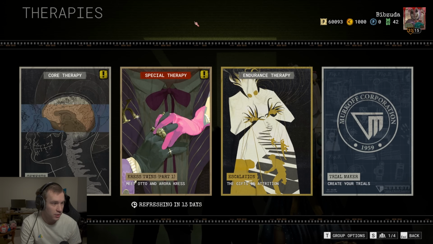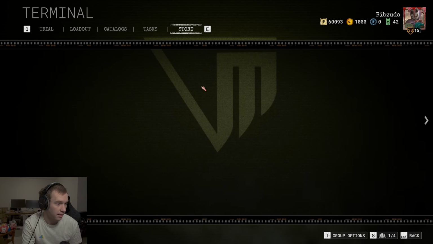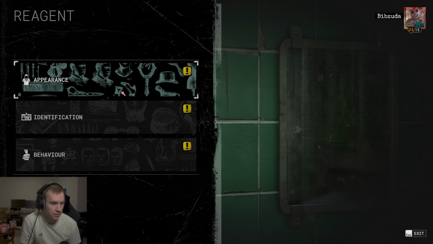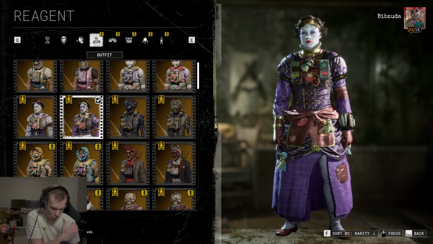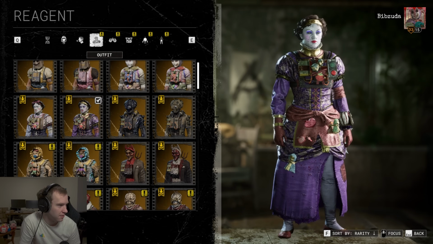We have the new DLC packs. Of course, there are 4 DLC packs that you can now buy individually. They're the Porcelain Observer, Terrified Toddler, World of Heavyweights, and Spelunking for Your Life. I have got them all. You can check out those outfits briefly here in the sleep room. I am going to be rocking the Quinn the Ponce. I mean, I think this is such a cool outfit and looks so...